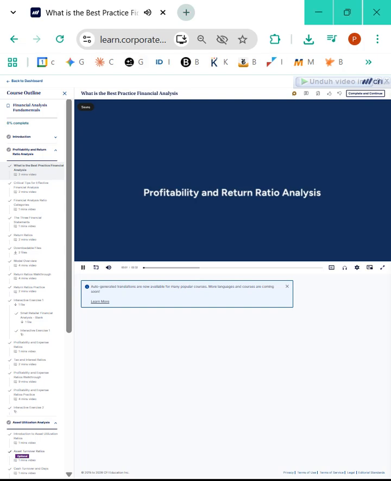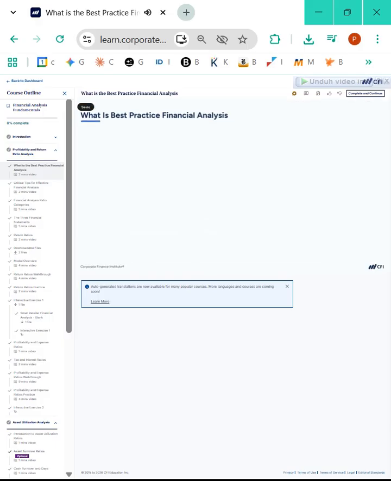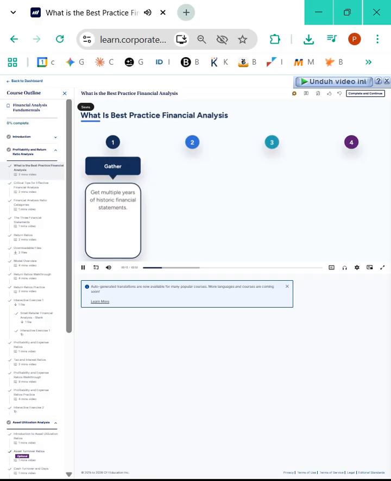Let's start by outlining a best practice approach to undertaking financial analysis. There are 4 essential steps that can help you gain valuable insight into a business's financial health and performance. The first step is to gather multiple years of historic financial statements. These statements typically include the income statement, the balance sheet, and the cash flow statement. By examining data from multiple years, you can observe patterns and trends, providing a more comprehensive view of a company's